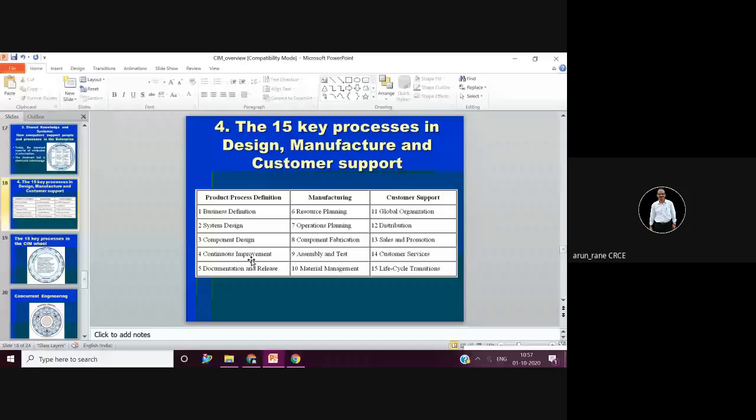And remember, as an engineer, you should work for development. You should work for improvement. You should not be busy with routine work. If you are busy with routine work, then there is no use of doing engineering, because routine work can be done by diploma holders or by ITI holders or even by people who have been working for 5 years or 10 years. So as an engineer, you should